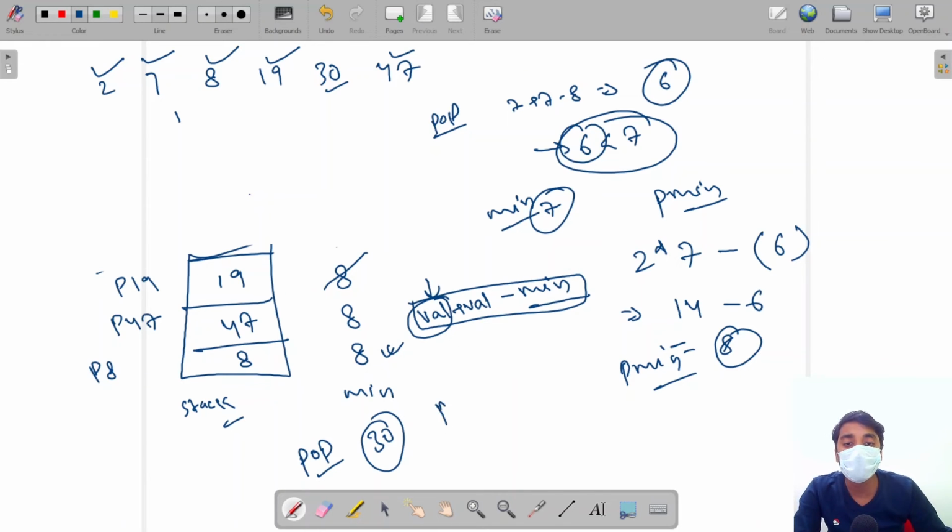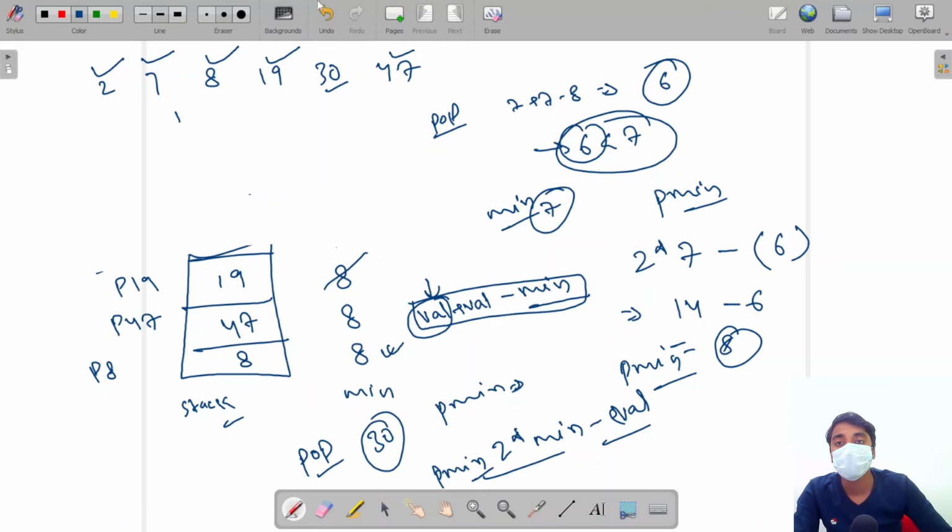Now for getting our previous minimum element, we were using this formula 2 into minimum minus our encoded value. This will give us our previous minimum value. So hope you understand this concept. Let's code this.